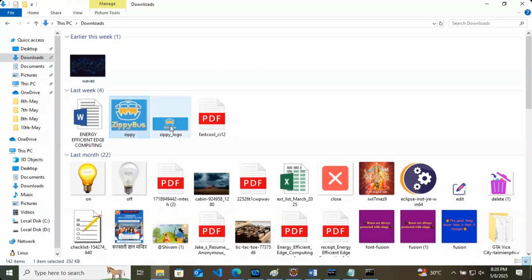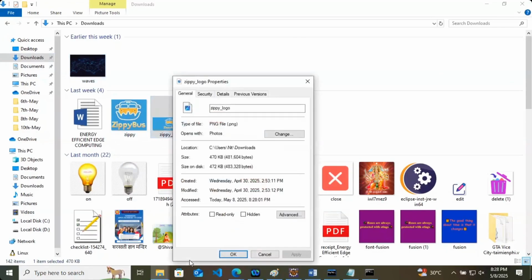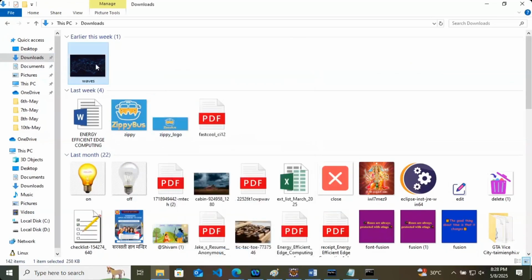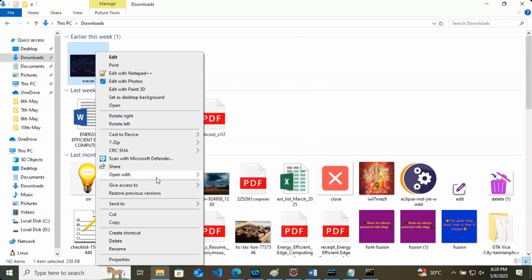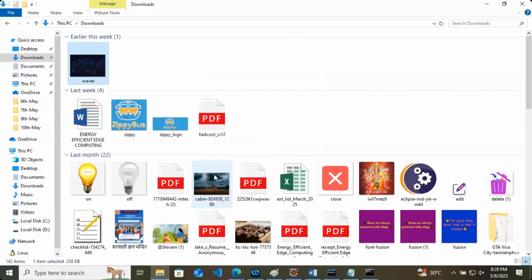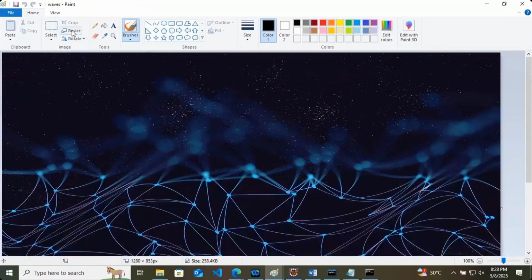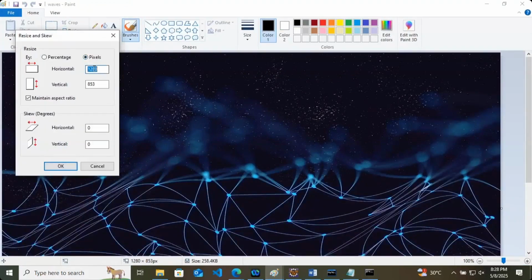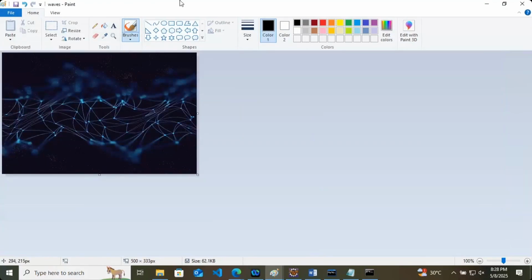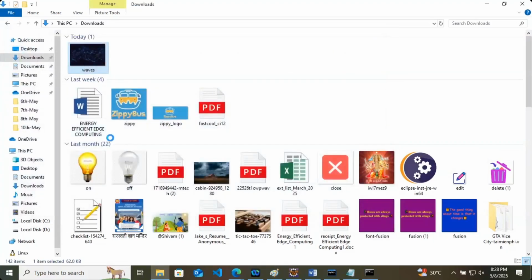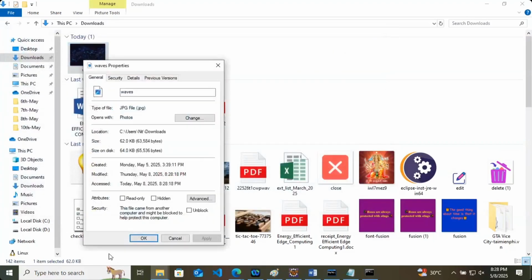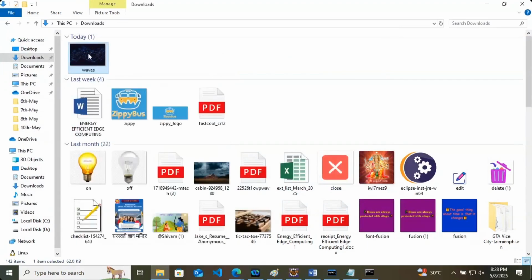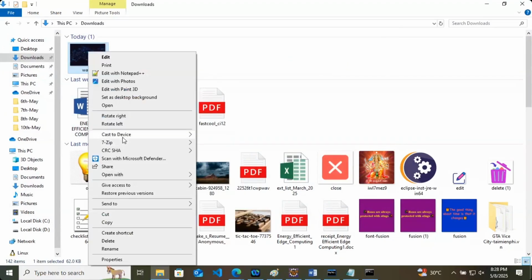Okay, so we'll decrease the size, means we will select a small size image. So let's edit this one only. 62 KB. Let's decrease more. By the way, we can store any size.